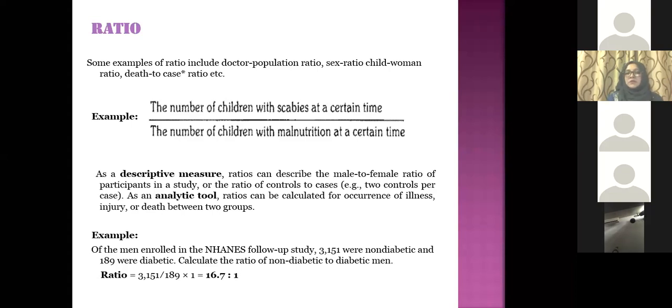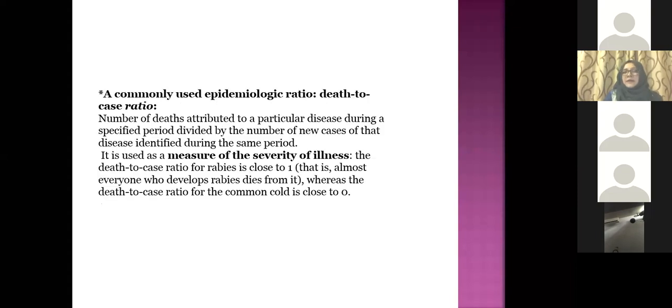So this is how you calculate the ratio between two quantities. Here you can compare between these two quantities or between these two groups. So it's a comparison. When there is a ratio, there is a comparison between two quantities, and you're taking the ratio of it. Another usage of ratio is that it can be used to